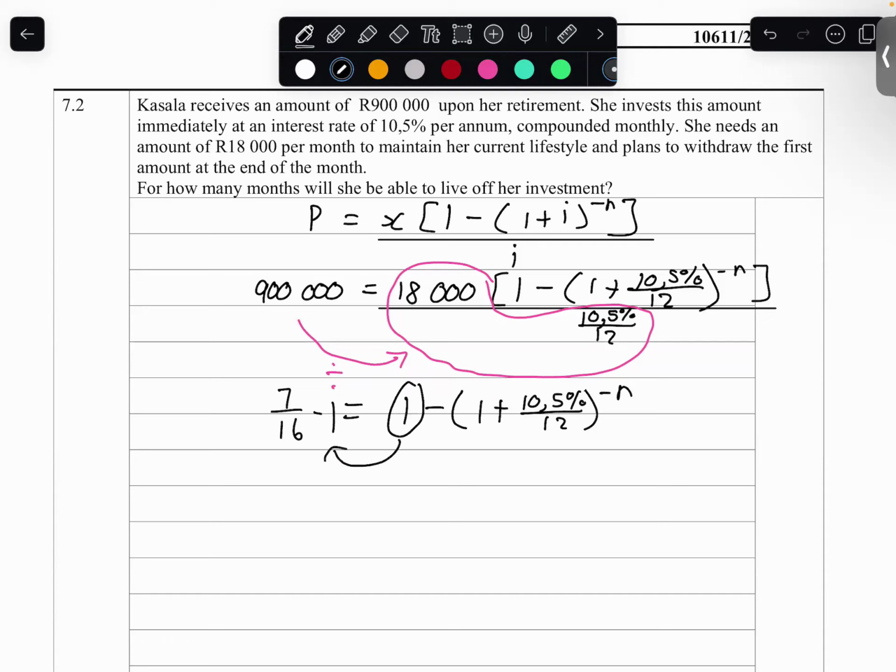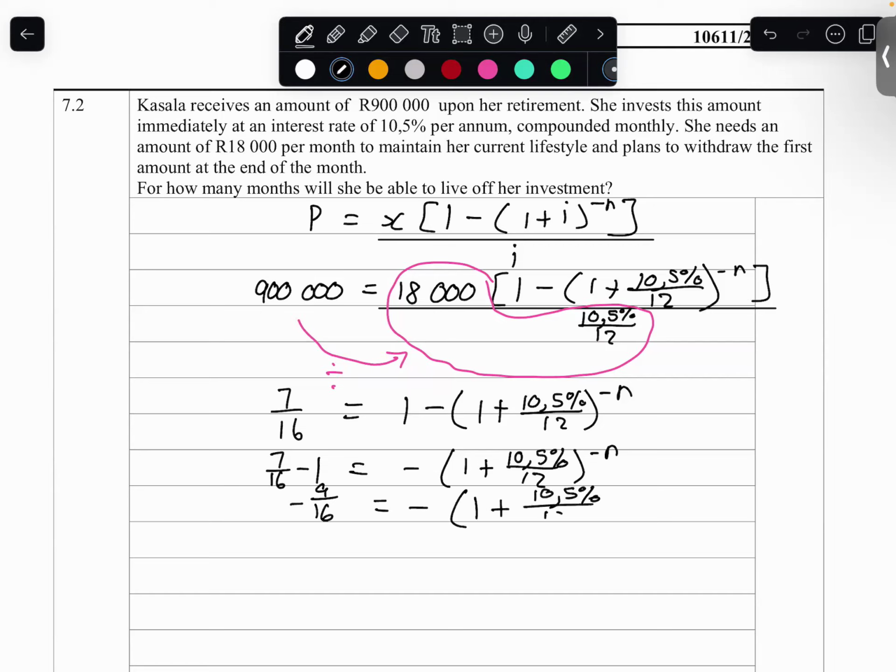It's going to be a minus 1 on this side. So it's 7 over 16 minus 1 is equal to minus 1 plus 10.5% over 12, all to the minus n. Then this is going to give you a minus 9 over 16 is equal to minus this whole bracket again. Right, divide both sides by -1, then the negatives are going to go away